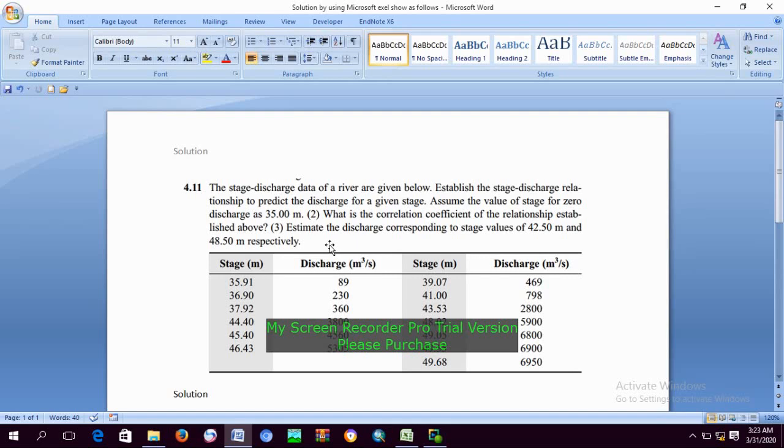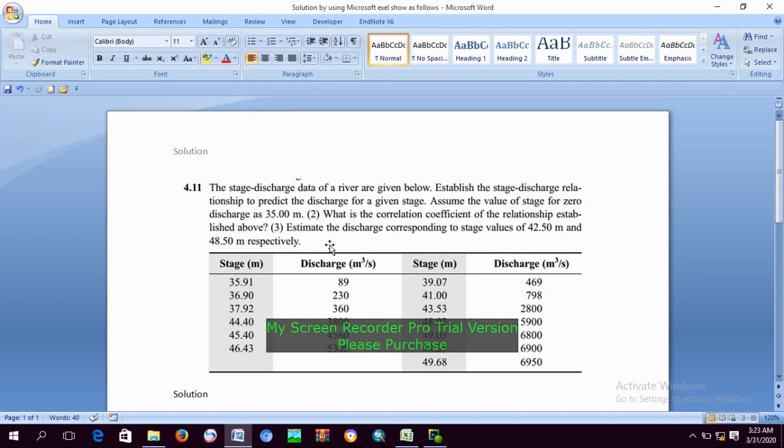The discharge rating curve, using Microsoft Excel. Taking an example from a textbook: the stage-discharge data of a river are given below. Establish the stage-discharge relation to predict the discharge for a given stage, and assume the stage for zero discharge as 35 meters. What is the correlation coefficient of the relation established above, and estimate the discharge corresponding to the stage value of